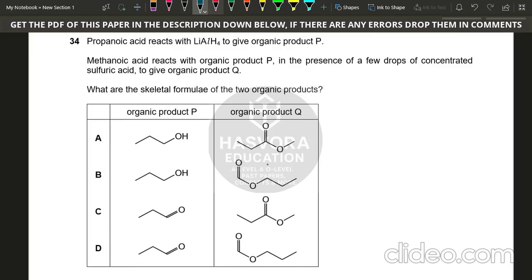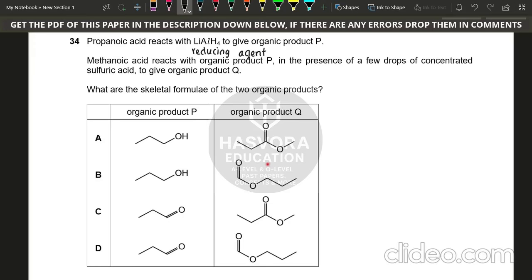Question number 34 says that propanoic acid reacts with LiAlH4, which is lithium aluminium hydride. It is a reducing agent, to give organic product P. Then methanoic acid reacts with organic product P in the presence of a few drops of concentrated sulfuric acid to give organic product Q. For example, if you are reacting the propanoic acid with the reducing agent,